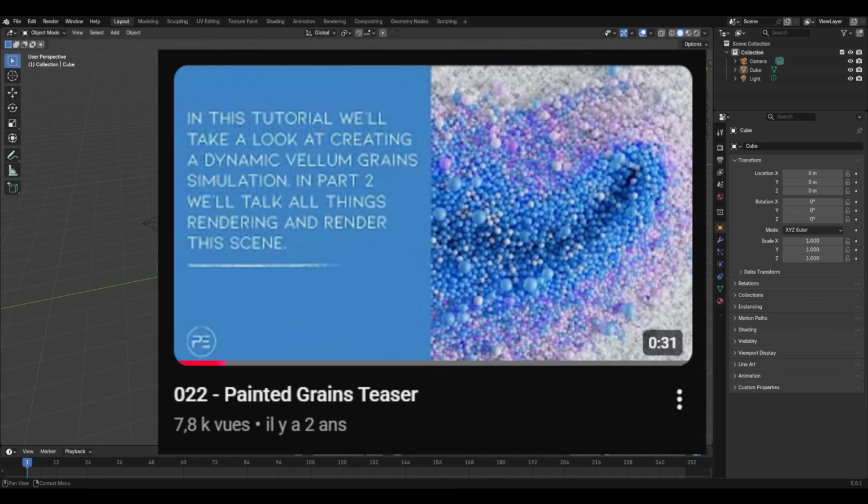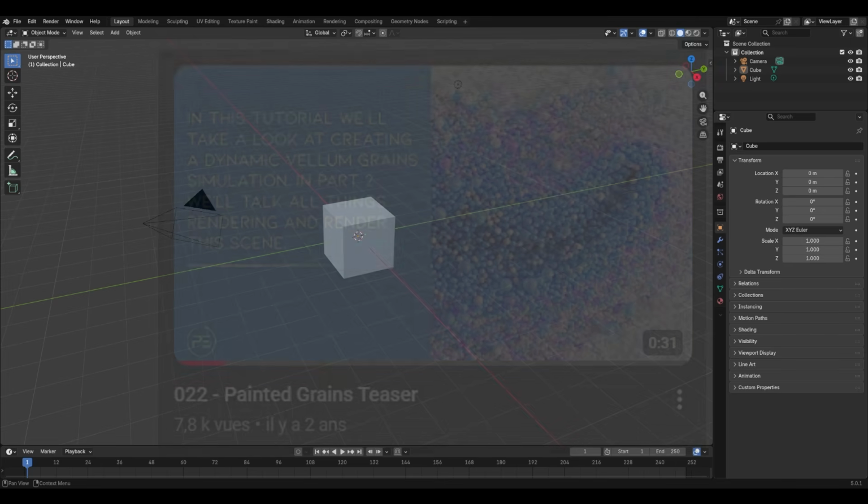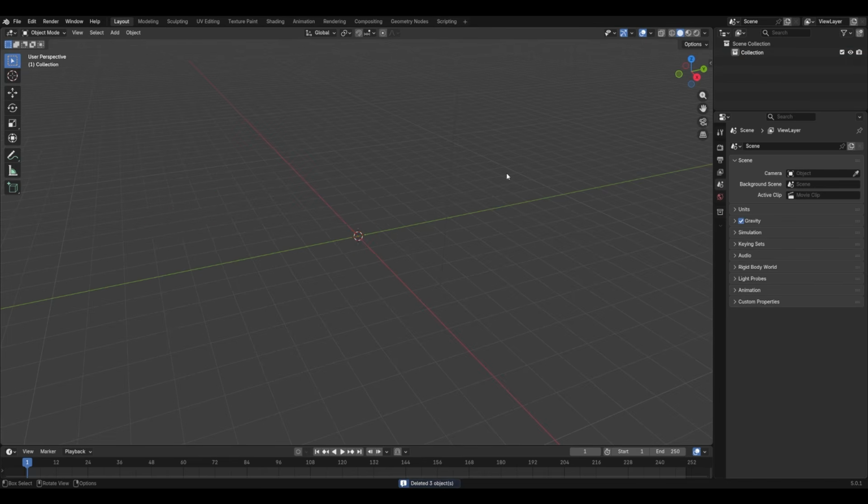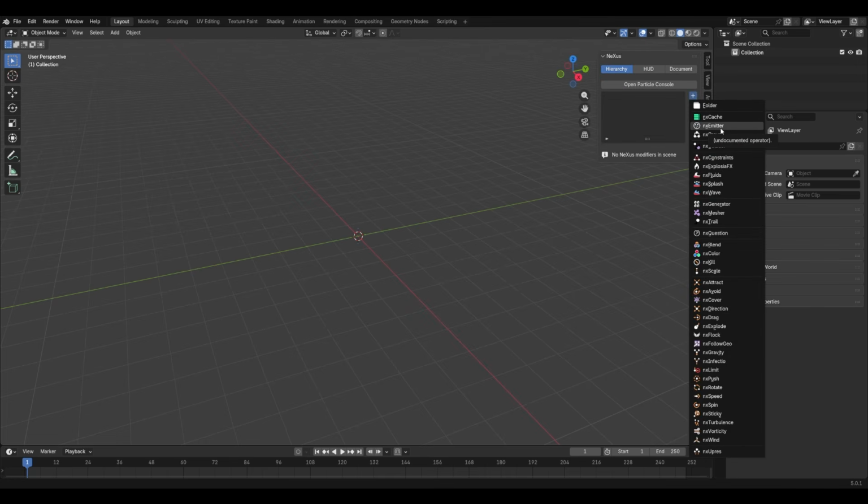He created this effect on Houdini, but for the purpose of our video, we're going to see how we can achieve the same result and recreate the same process using Blender and Nexus. So we can start by deleting the starting scene, and in the Nexus tab, I'm going to add a Nexus